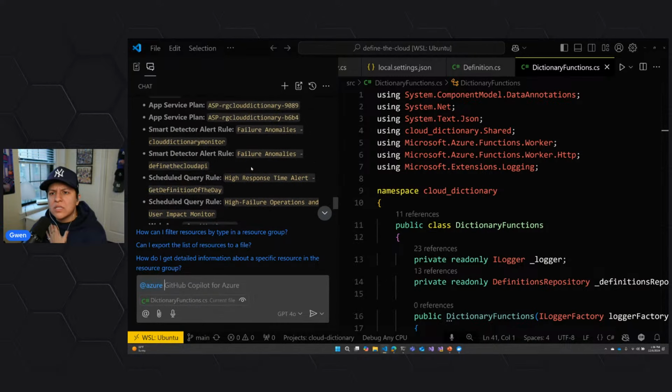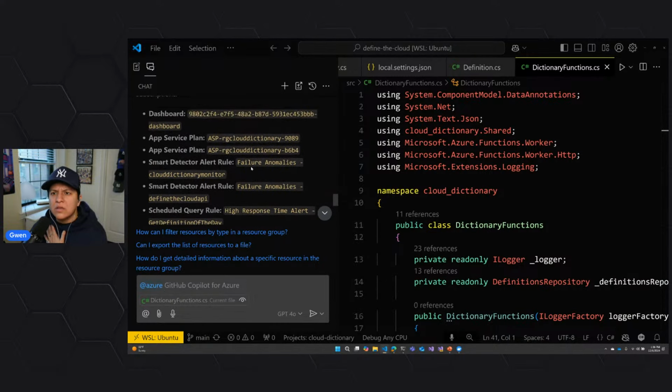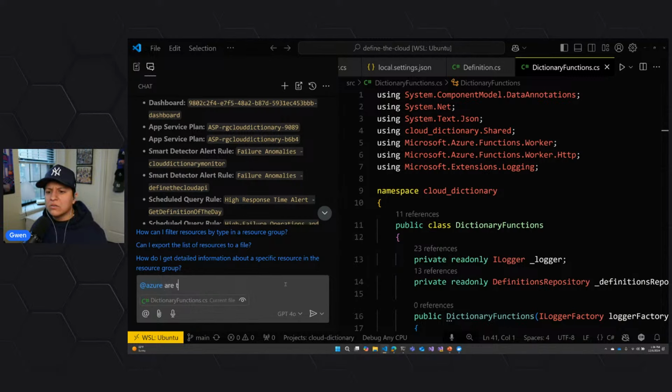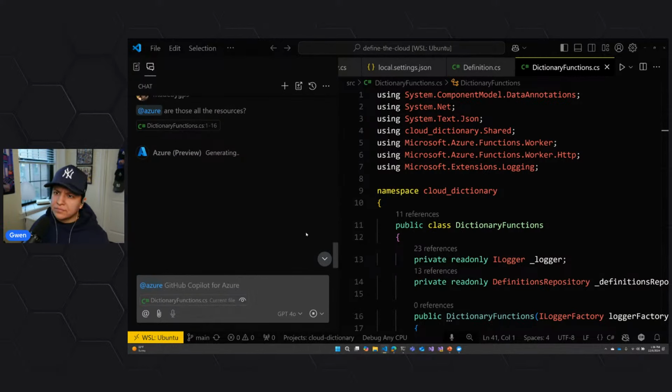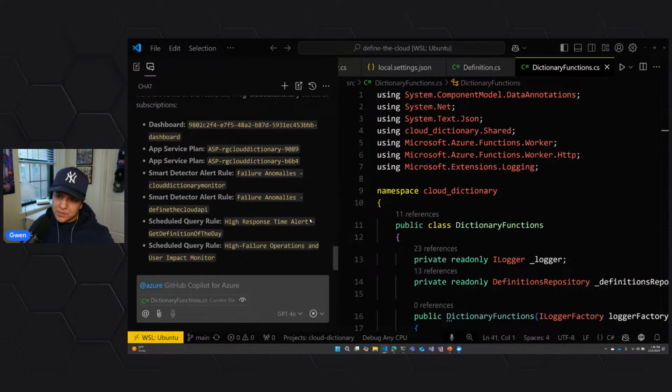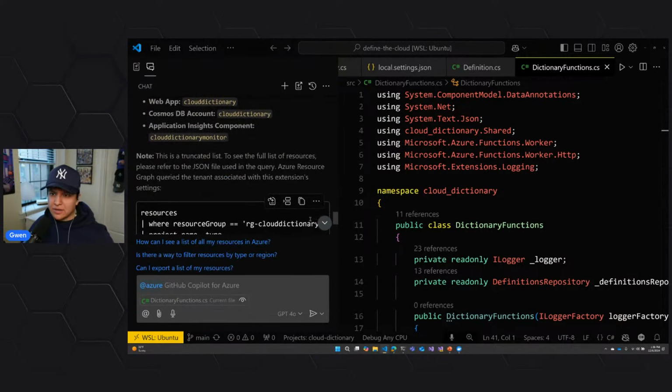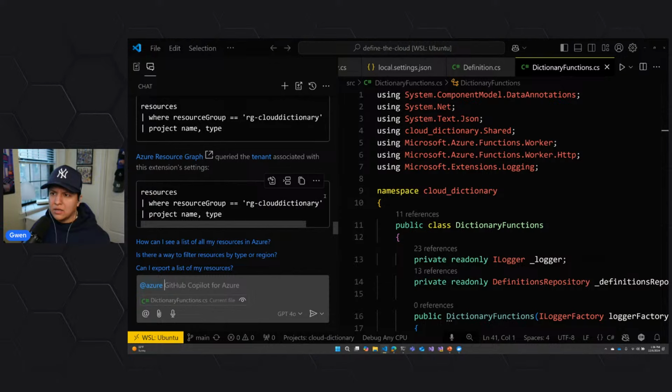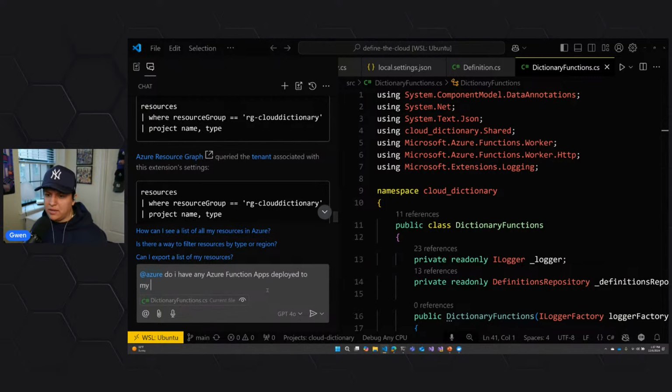It's not showing me unless it's associated app service plan. Are those all the resources? Let's see. I'm pretty sure I have the functions in there. No, I'm not pretty sure. I'm 100% sure. Well, I could be wrong. App service plan, smart. There's a truncated list. I guess there's, okay. Okay, let's see. Do I have any Azure function apps deployed to my